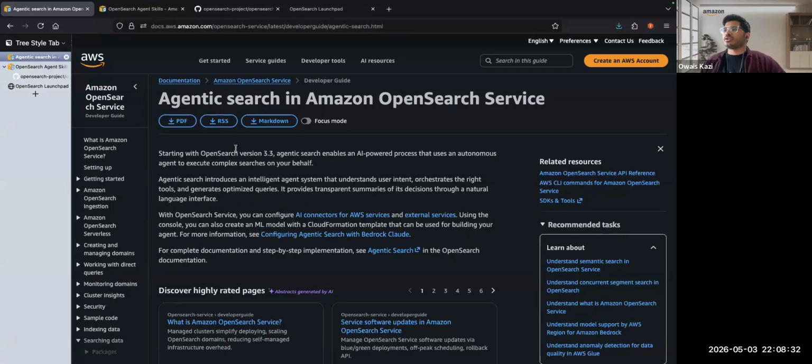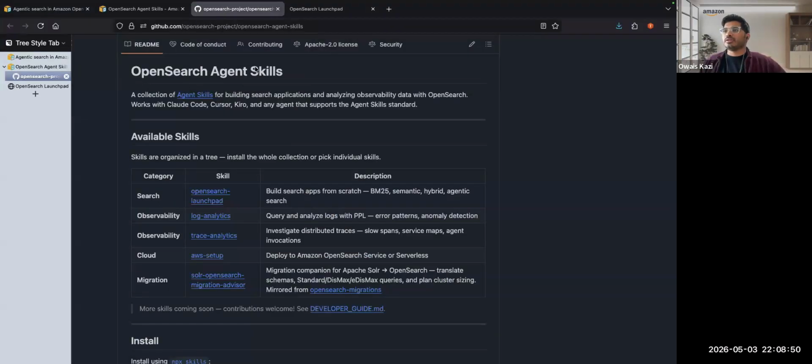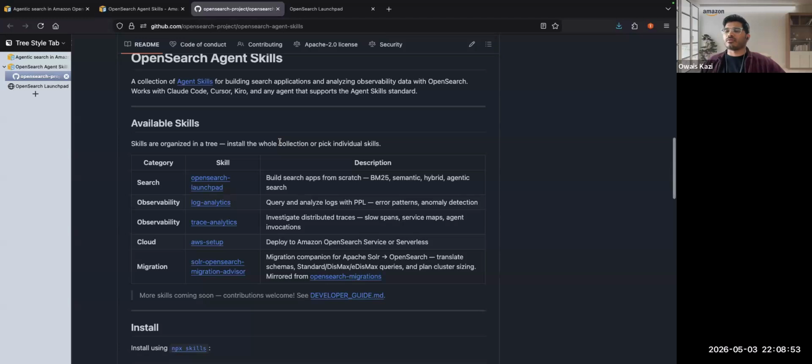Agentic search was launched in Amazon OpenSearch Service with version 3.3. It introduces an intelligent agent system that understands user intent, orchestrates the right tools, and then generates an optimized DSL query for you. Now, coming back to agent skills, these are the available skills which we have right now: search,